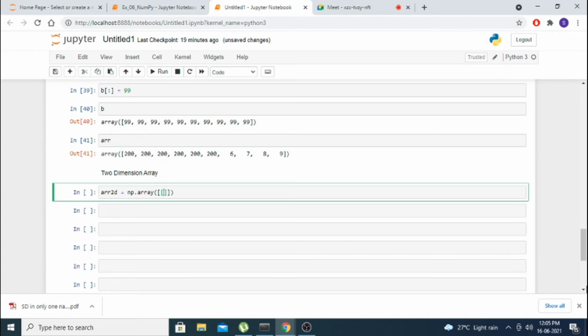One row will be closed. I am giving 5, 10, 15, it is the first row. Second row I am giving 20, 25, 30. Third row 35, 40, 45.